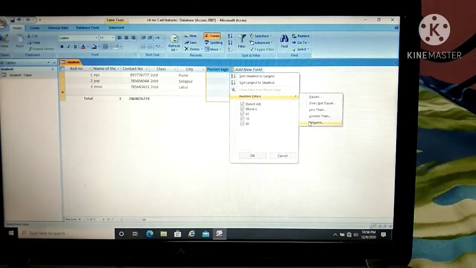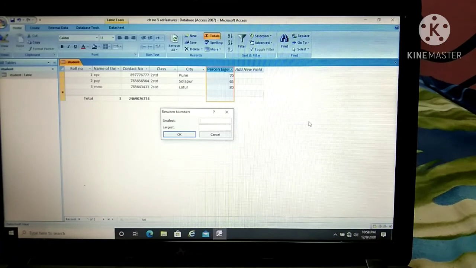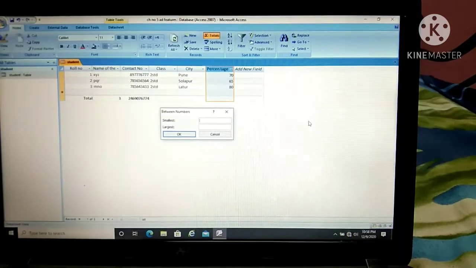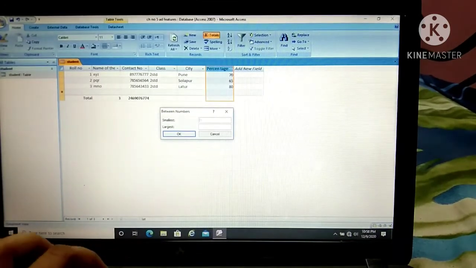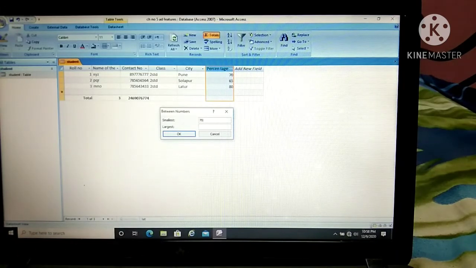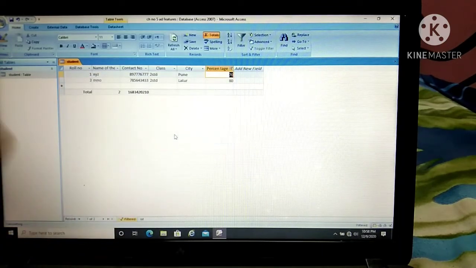If you want greater than 90, you can select the greater than condition. It's up to you. I'll select between again and then I will type 70 to 80. Then click OK.